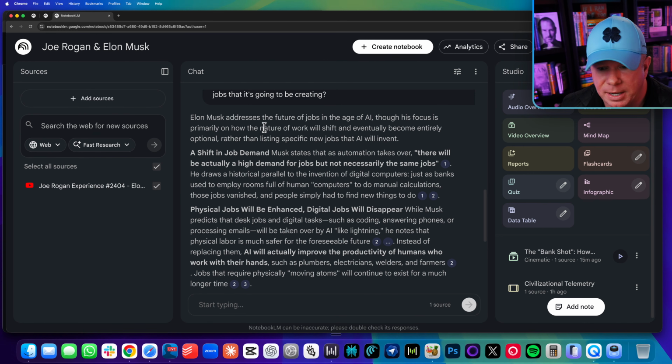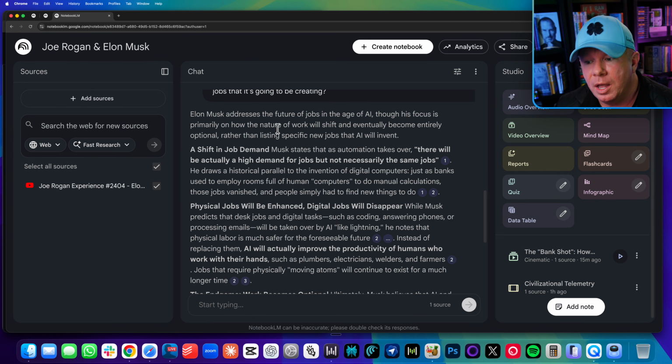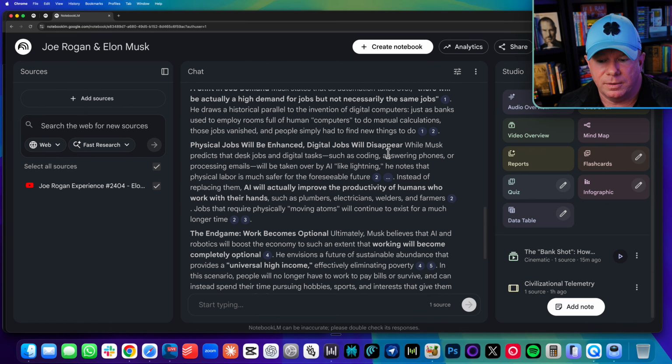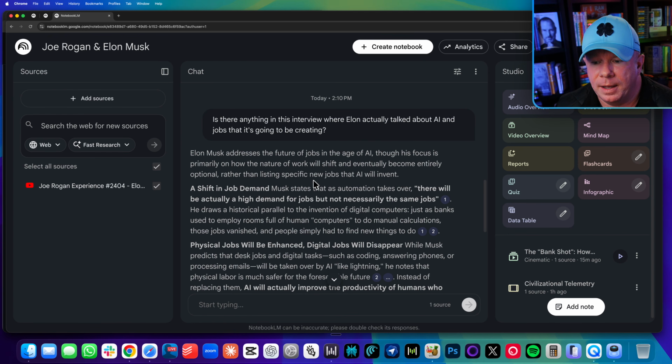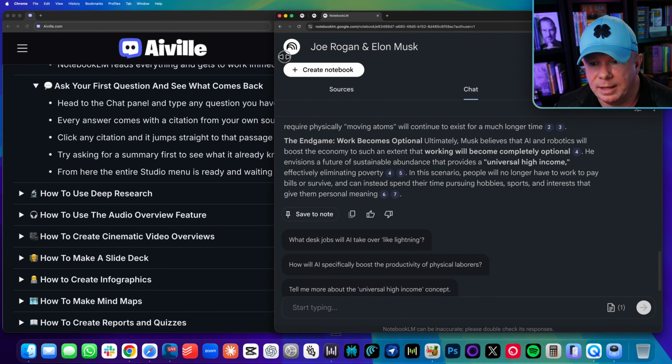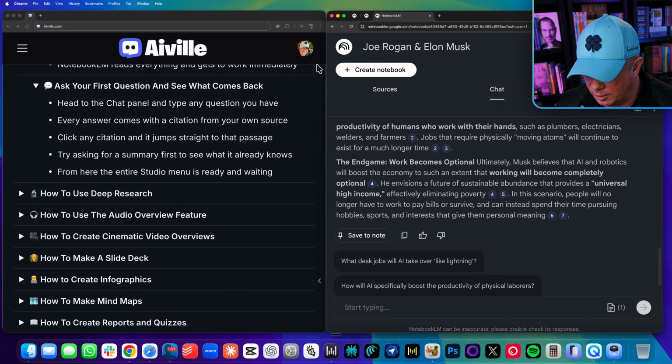So it's like Elon Musk addresses the future of jobs in the age of AI through his focus primarily on how the nature of work will shift and eventually become entirely optional, rather than listing specific new jobs that AI will invent. Then it goes into more details about it. It talks about the end game, how work is actually going to become optional, because he believes that AI and robotics will boost the economy so much so that working will just be completely optional. So pretty cool. That's kind of how you can chat with any sources that you are going to drop in